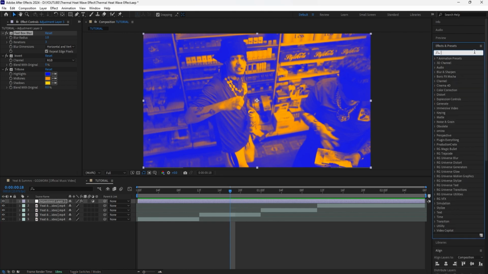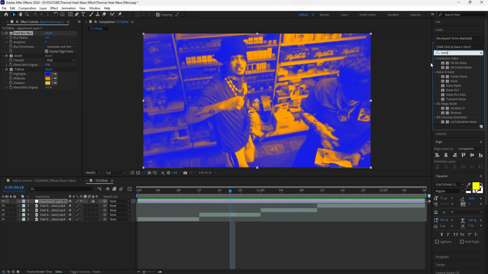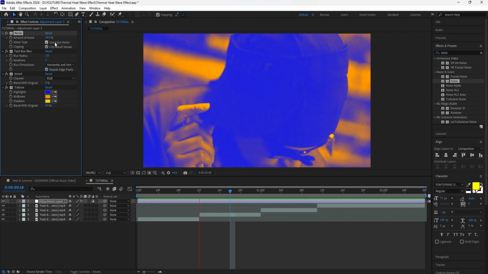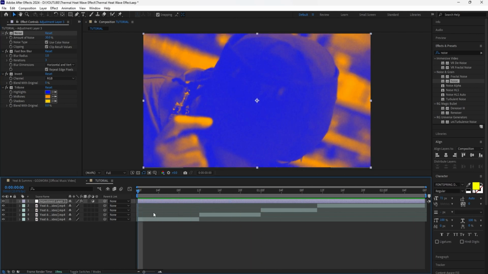And then for our final effect, we're going to add an effect called noise and have that above all the other effects. I'm going to increase the amount of noise to 30, and this is the final look for our first thermal effect. Now moving on to our second thermal effect, I'm going to turn this off and create a